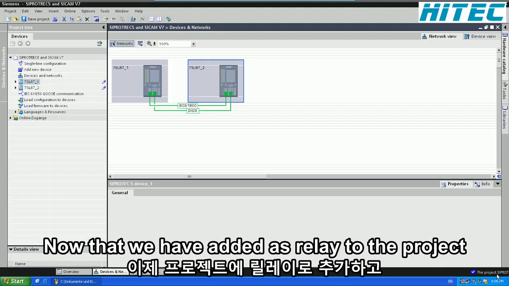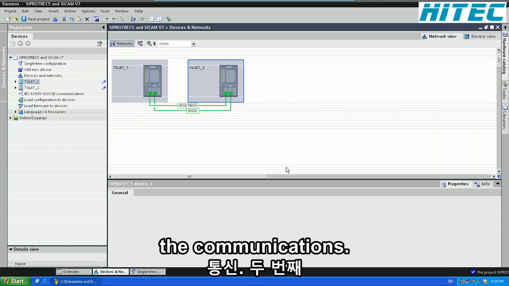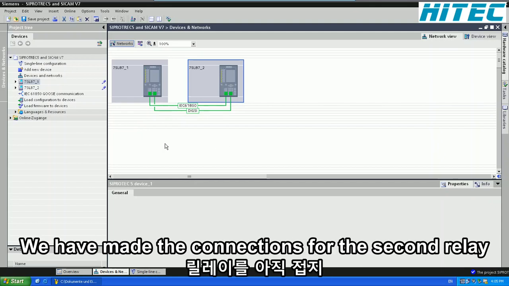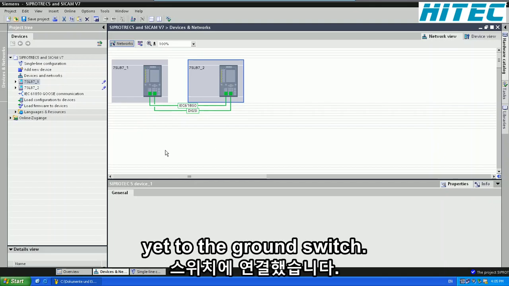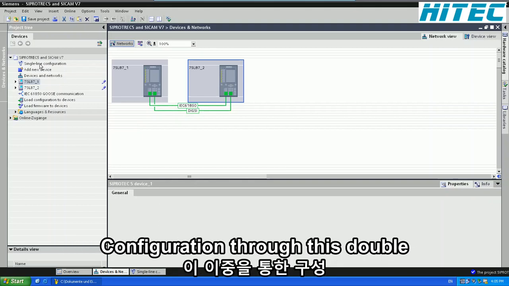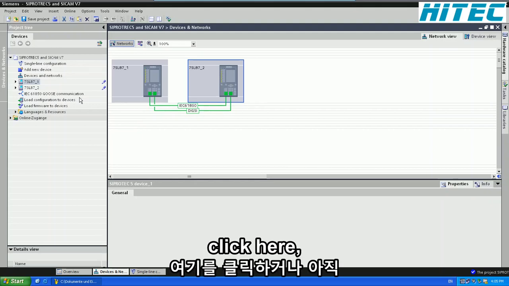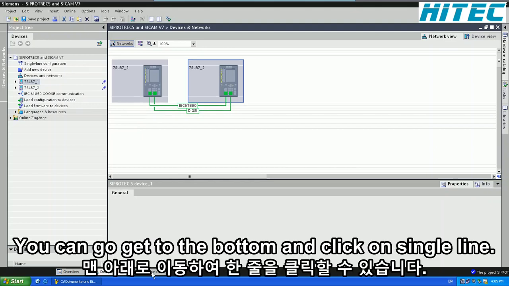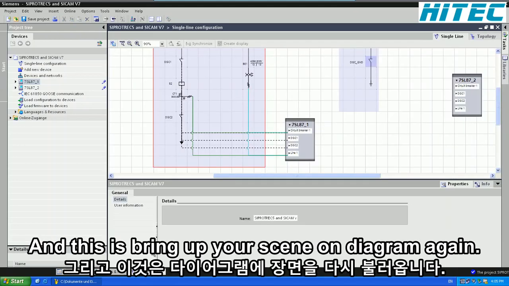Now that we have added our second relay to the project and configured the communications, we haven't made the connections for the second relay yet to the ground switch. So you should go back to your single line configuration through this double click here, or if it's still open you can go here to the bottom and click on single line, and this just brings up your single line